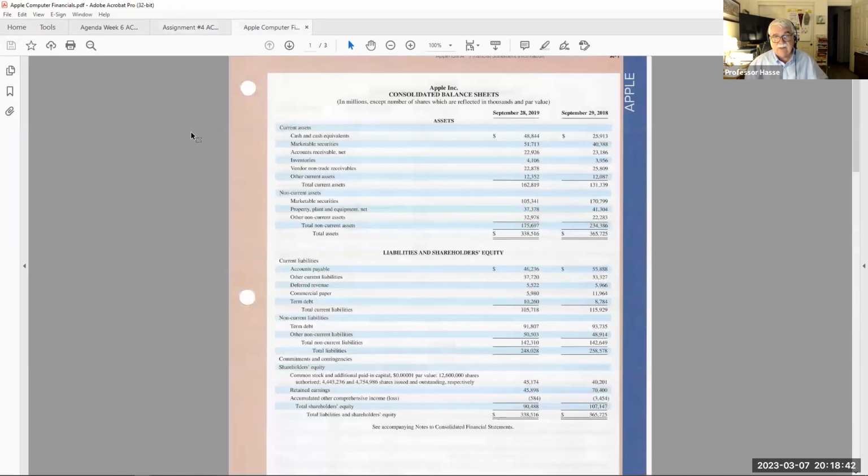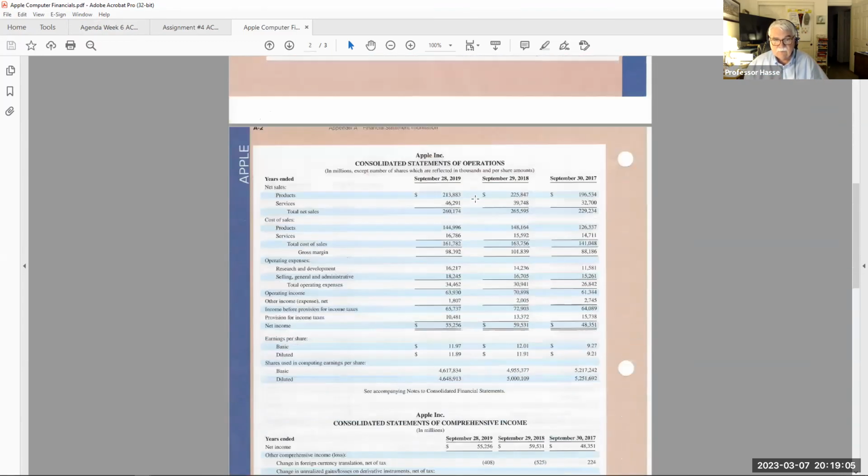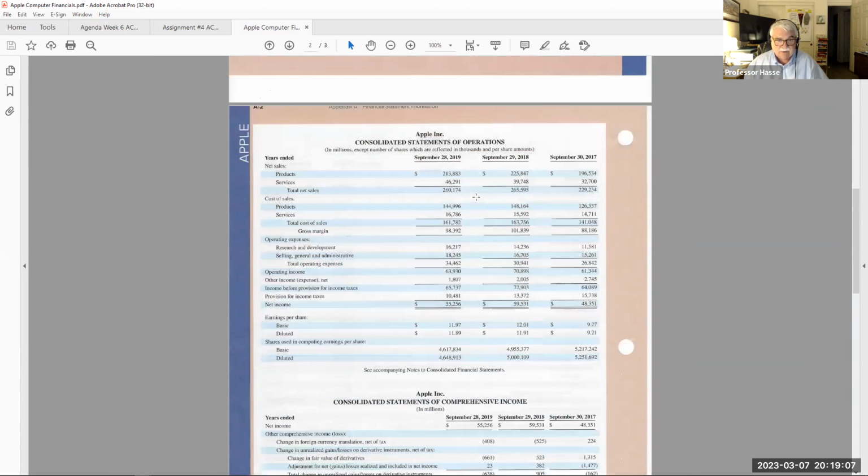And here are the financial statements that I provided you. I wanted to keep the data a little bit old because the newer financial statements for Apple are a little bit different. And also, they're constantly making changes due to audits and that sort of thing. So I gave you these 3 years for the balance sheet, 2019 and 18. For the income statement or statement of operations, there's their total net sales and so on, for 2019, 18, and 17,